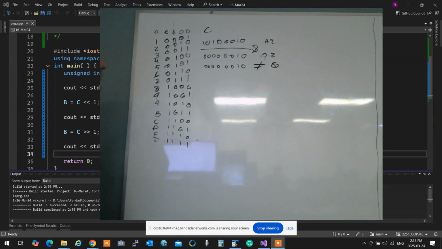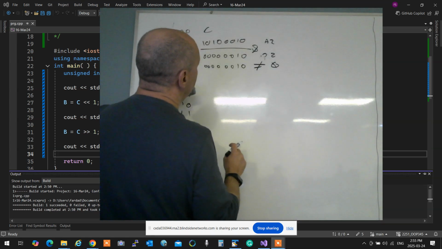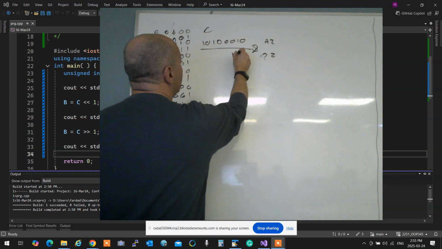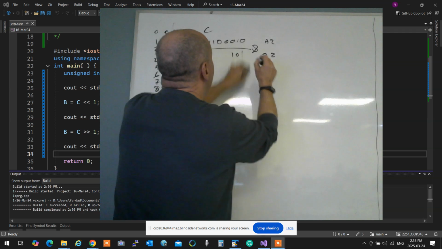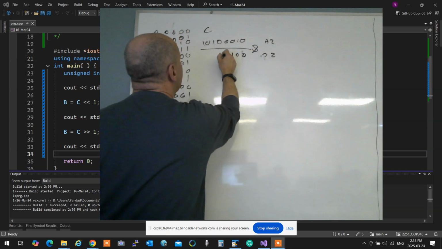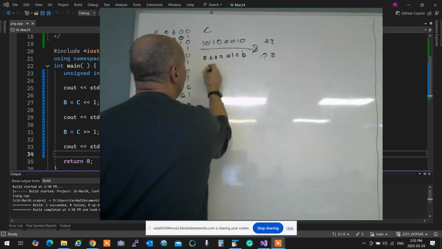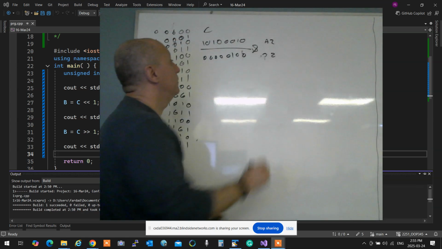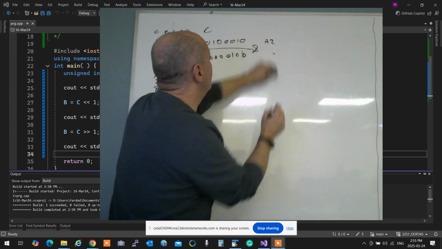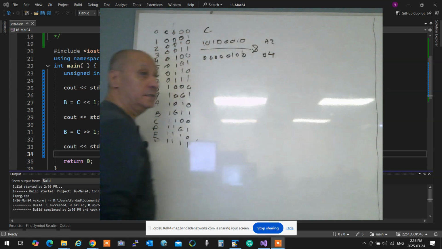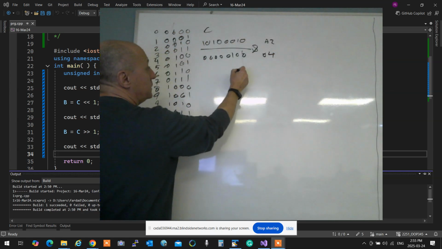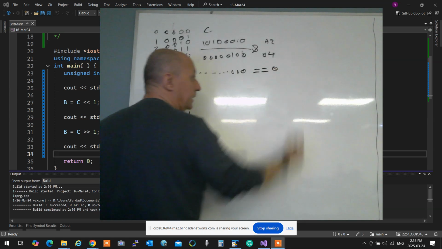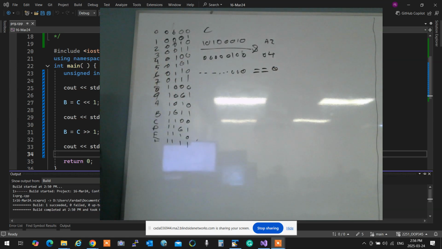Right? Now, if I AND these two, what's going to be the outcome? So this is not 2, it's 4. It's going to be all 0, which is equal to 0, correct? Are we okay with this?